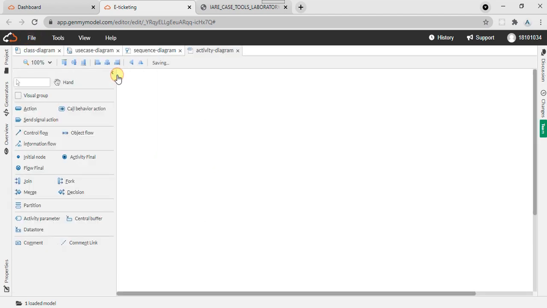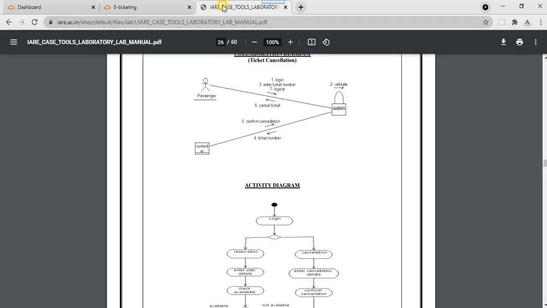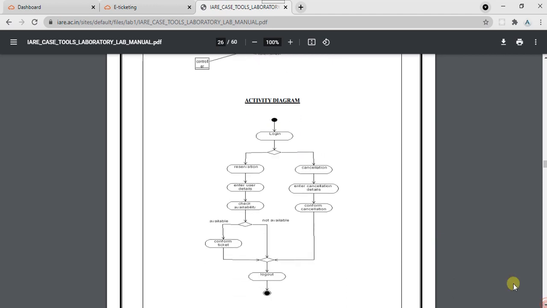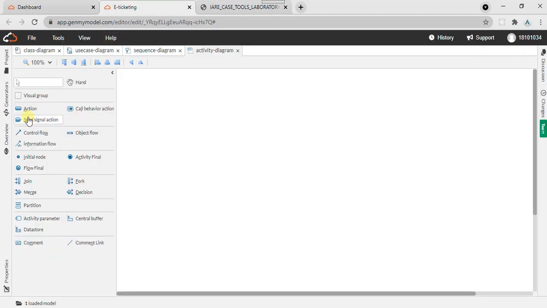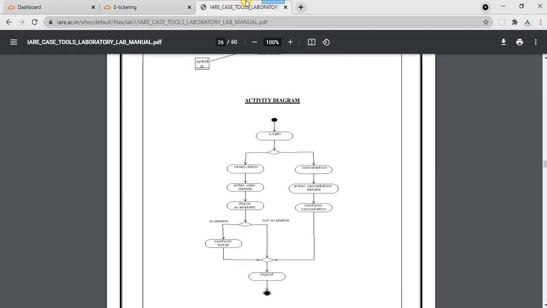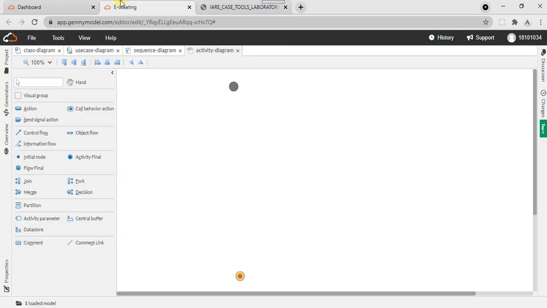Okay, activity diagram. What is here? Starting with circle, initial node, they have already given it, and activity final. Okay, in between we have to create login action.